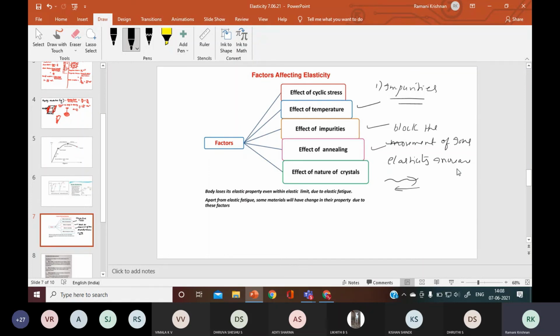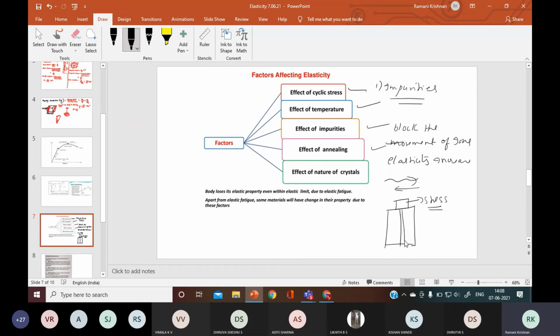Now what will happen to stress? Let us see the effect of stress. For example, I have a metal cupboard. In this I keep a heavy weight like a suitcase. A heavy stress is applied and it is kept for a long time. We are seeing the effect of stress in a cupboard.